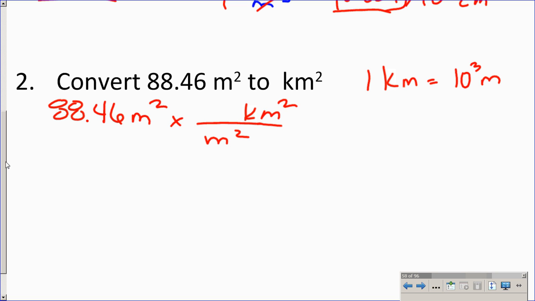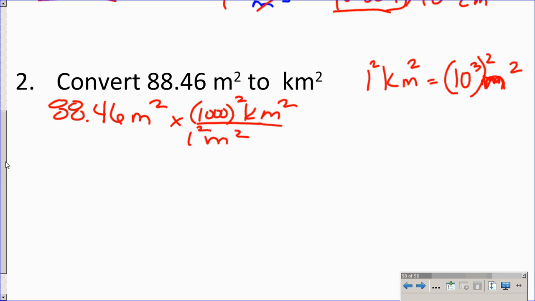But then I have to do what it says. If it says squared, I have to square it. So this will be squared, this will be squared, 10 to the 3rd will be squared, and meters will be squared. So here, I can put 1,000 right here and square it, or I can put 10 to the 3rd like I just had there and square it. I'm just giving you options, so you can pick whatever floats your boat there. So in your calculator, you're going to do,